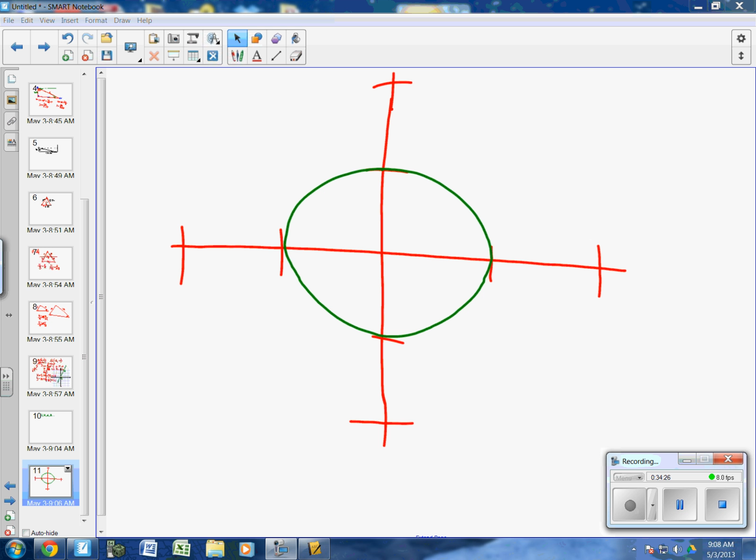What is the radius of this circle? 1. It is 1. Okay. That distance from here to there is 1. Now, if I put a point out here,